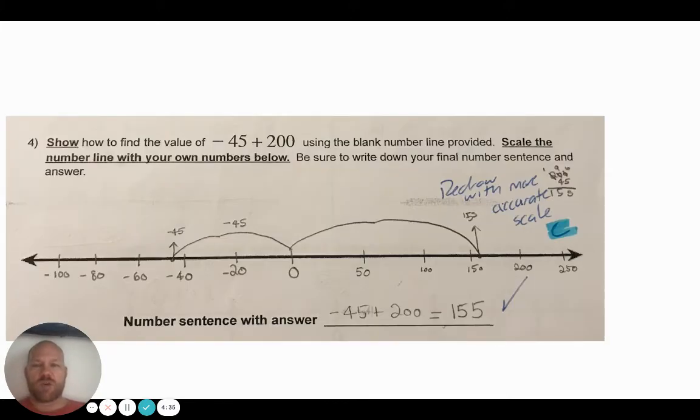So here's an example. This is a question a lot of people I gave feedback on, that a lot of people made a mistake about the scale of the number line. And enough people made this mistake that it was clear to me that I probably didn't do a good enough job teaching it. But for example, this person got the correct answer mathematically to the question -45 plus 200. But if you look at their number line, okay, if you look at the distance, oh, sorry, I